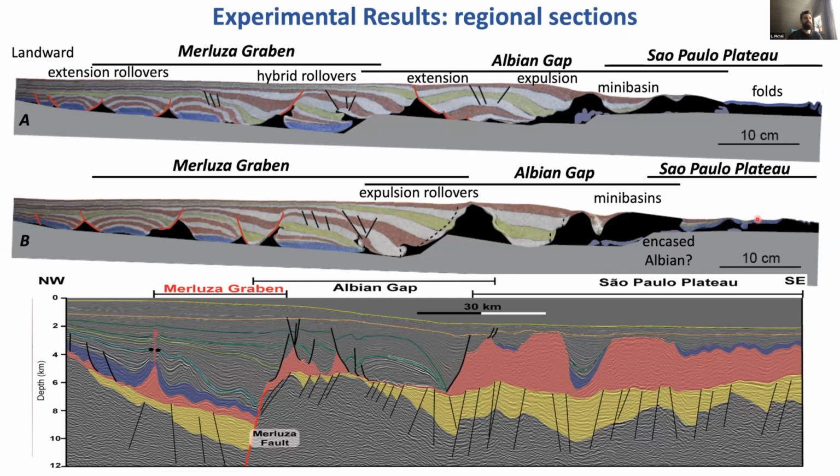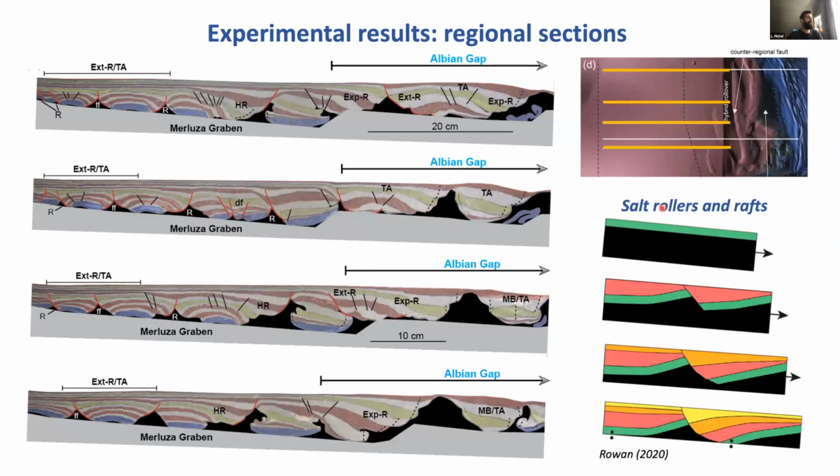And the São Paulo plateau is very similar as well. We have this domain of mild deformation, but mostly folding and salt inflation with a few mini basins. Just showing a few more cross sections and looking more into the detail of the Merluza graben and the Albion gap. And one thing our model, I think, helps understand is